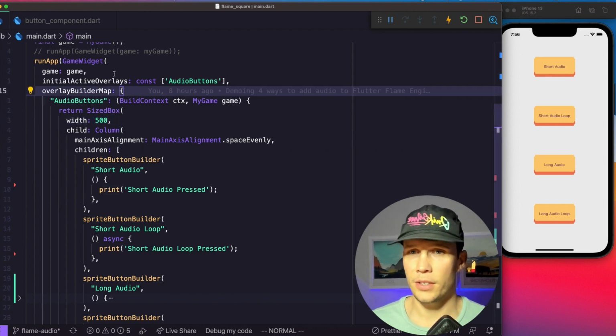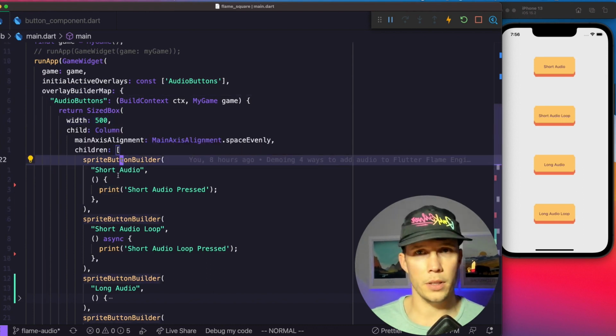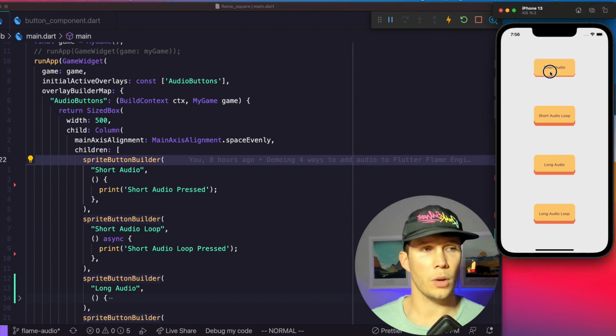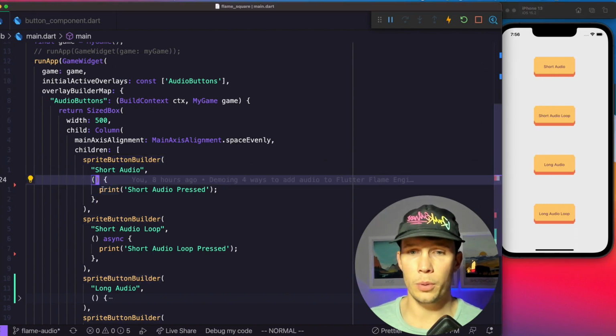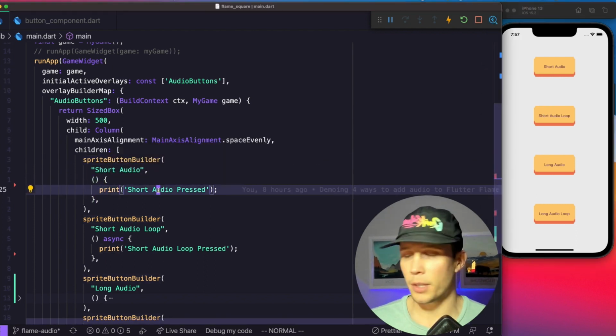So what I have configured here is just the 4 buttons. Got them from the example. They're the sprite buttons. So on click, the sprite changes and it has audio on them. And these are just little widgets. So yeah, you can just click them. They go up and down. Looks great. So now we just have to fill out the onPressed function, which is the second argument to our